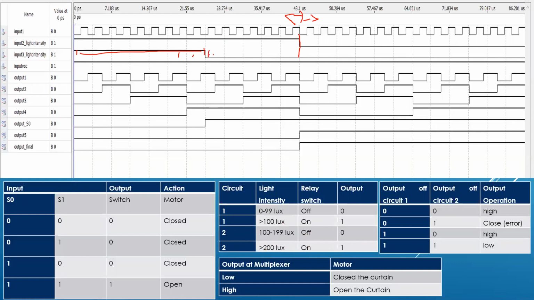From here to here, it shows the morning time with low light intensity. And from here is the night time, so that means there is low light intensity. Next is the output here. So if you refer to this truth table,